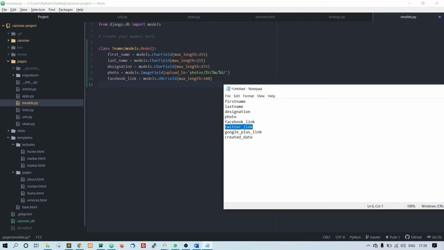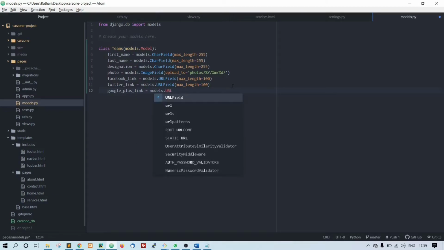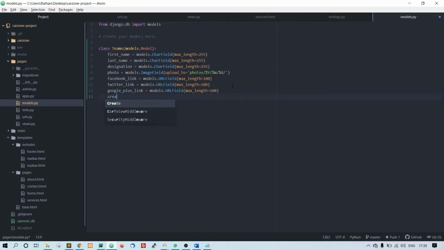Next we need a Twitter link equal to models.URLField max length equal to 100, and Google Plus link equal to models.URLField max length of 100.